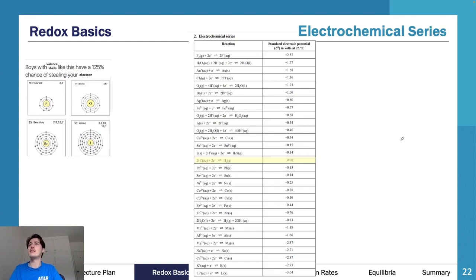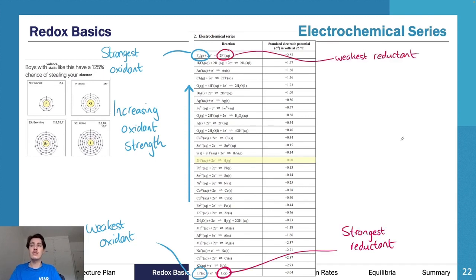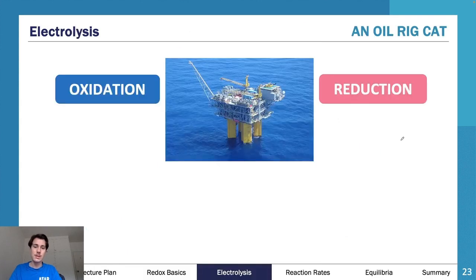As you can see here, this is your electrochemical series. Your electrochemical series can show you your strongest oxidant, your weakest oxidant, and increasing oxidant strength. It can also show you your weakest reductant, your strongest reductant, and increasing reductant strength. So from now,